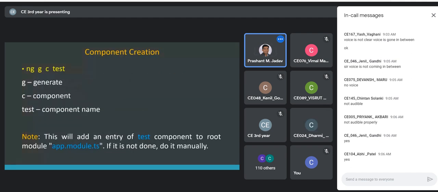Okay. Now, next we will create our own component and we'll see how to use our custom component. By default, we have the app component available when you scaffold your project via the Angular command, ng new project name, right? Now, this command is similar to how we create the services. So I'm using the shorthand notation. Otherwise, you can use the long form also, ng generate component followed by the name of the component.